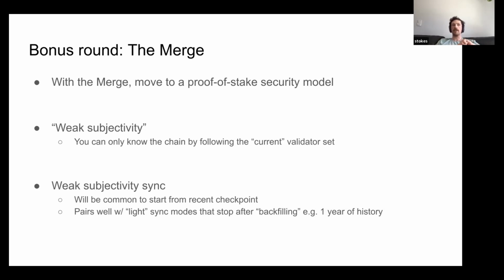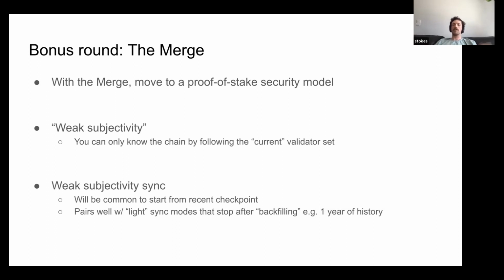That's because there could be enough churn. Basically, I'm following the chain, I know the validator set, I go offline. Then there's enough churn in that set that I could have conflicting views that look completely plausible to me, because I come online sometime later, and now I get these two views and I don't know which is right, right?